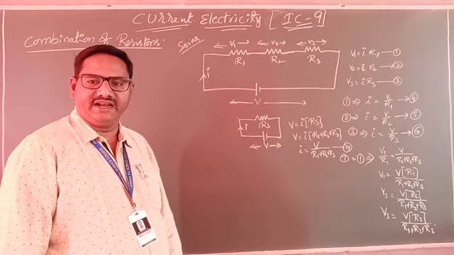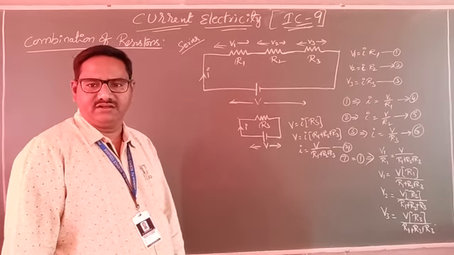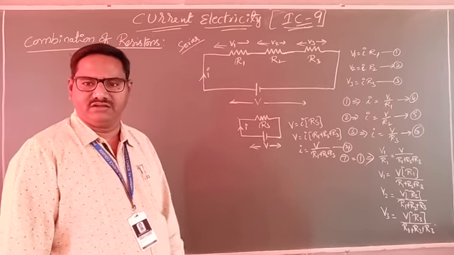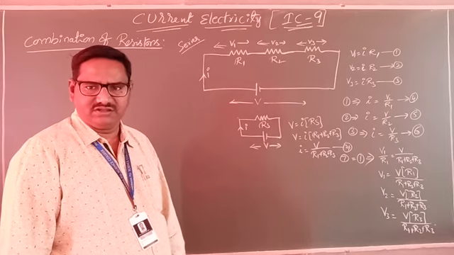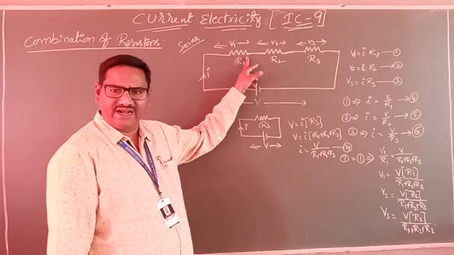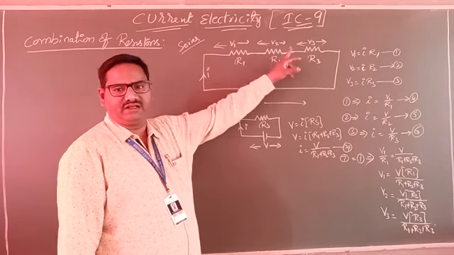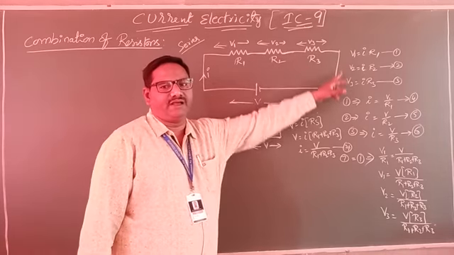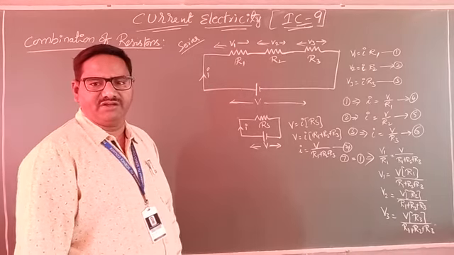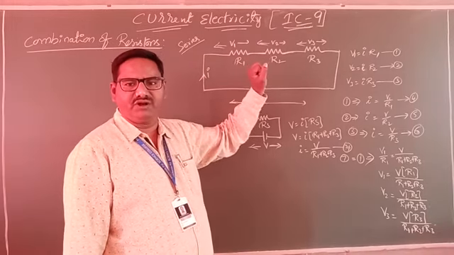In the current electricity integrated videos, today we are discussing the ninth one. In the eighth video we already discussed the series combination. If we have three resistors, the first end of the first resistor is connected to the first end of the second resistor, like that. The last end will be connected to the negative terminal of the battery and the first end will be connected to the positive terminal of the battery. Then this combination is called series. Very simple, we already discussed.